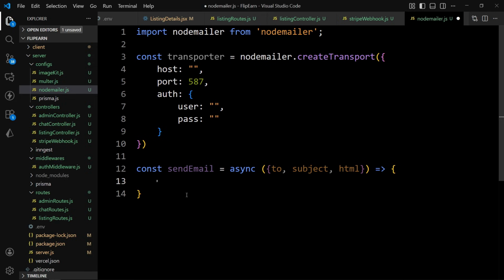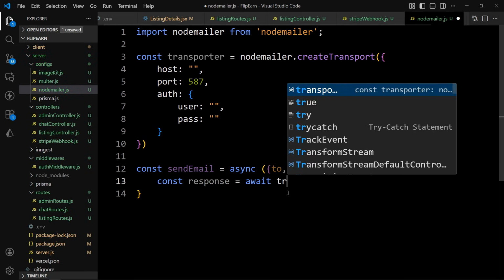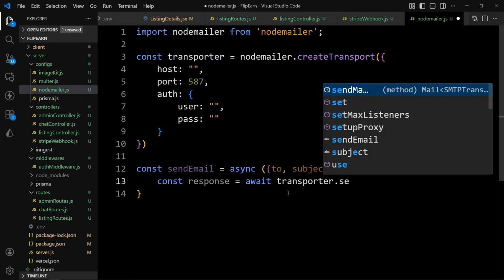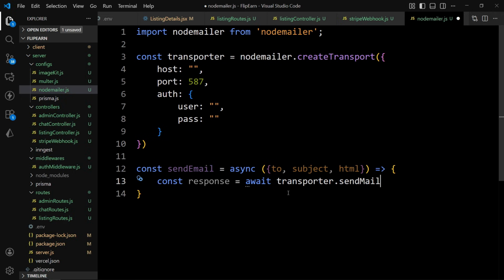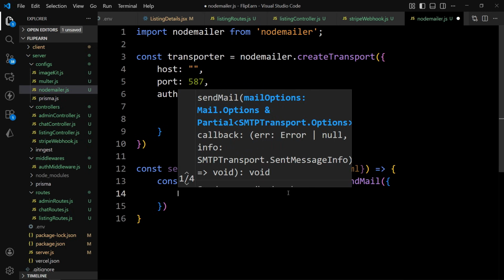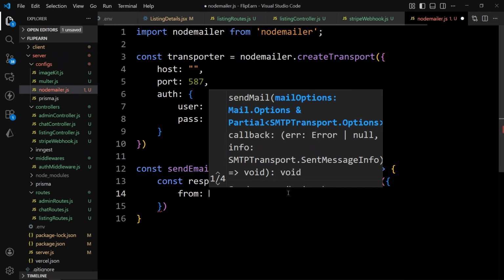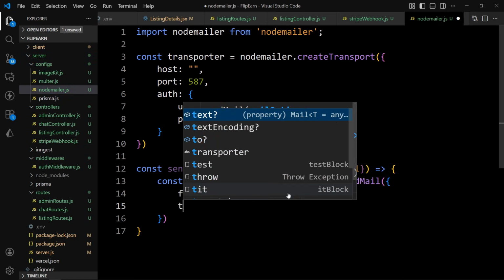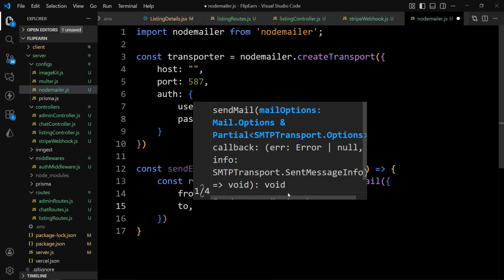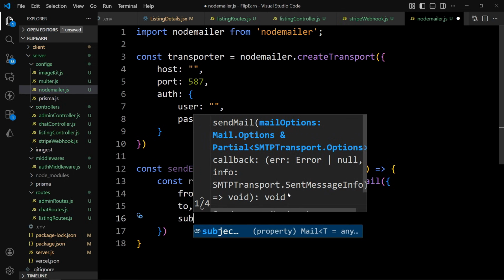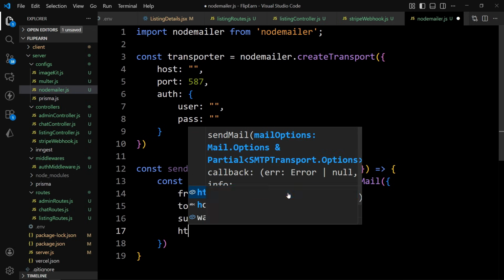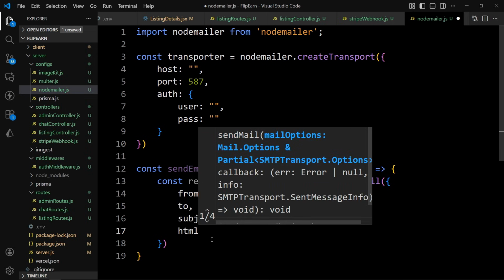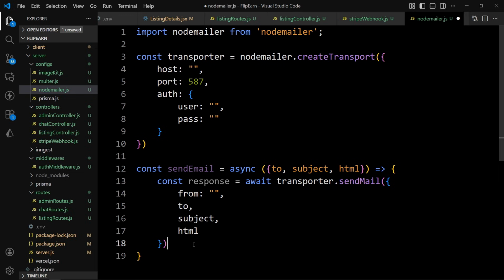And in this one let's add const response equal to await, and we'll add the transporter.sendMail. Now in this sendMail we will add the object and provide the from. So this is the sender email ID. Here we have to provide the sender's email ID. After that we'll provide the to that we are getting from the parameter, and after that we'll add the subject, and then we'll add the HTML. So this function will send the email, and after that here we'll add the return response,